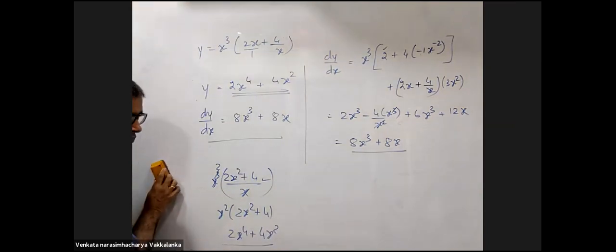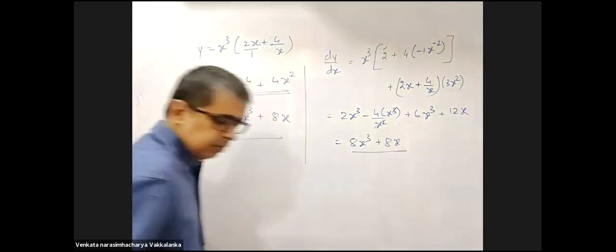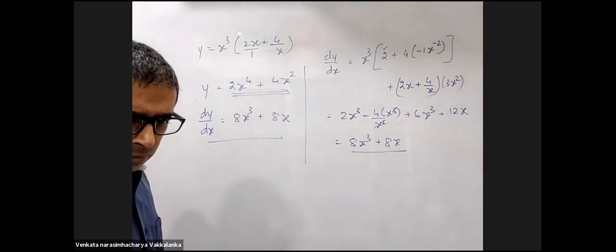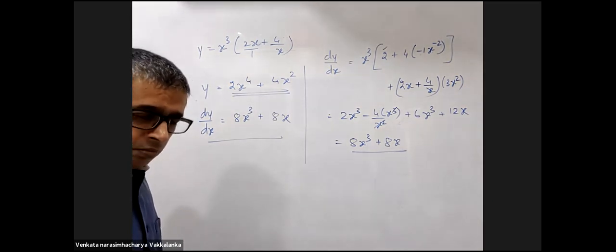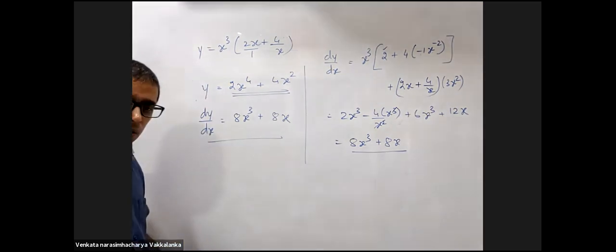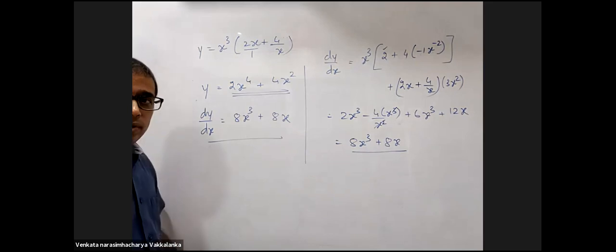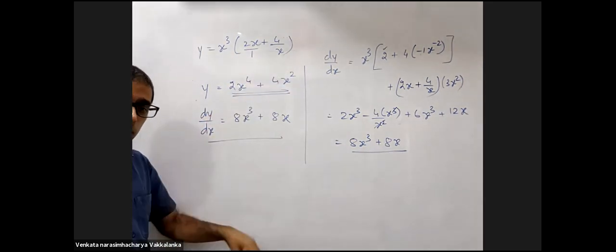Sir, somebody just told like we take 2x square plus 4 and then we get a common denominator x. Sir, so then if we have to differentiate 2x square plus 4 by x, then how do we differentiate that? That's the u by v formula. Probably I'll not come to it in today's class. U by v, just as I taught u into v. There is something called u by v.